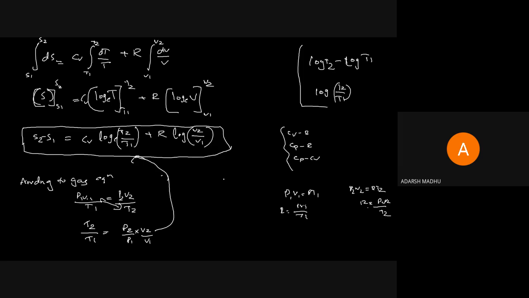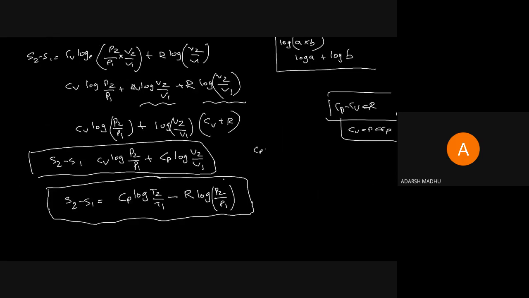So if the question is asked to find the value of change in entropy, we can apply this particular equation. Or if it is given as a constant pressure process, or as a constant volume process, we can write the particular equation. Okay, this is the general equation for change in entropy for a closed system, with 3 equations based on CV and R, CP and R, and CP and CV.